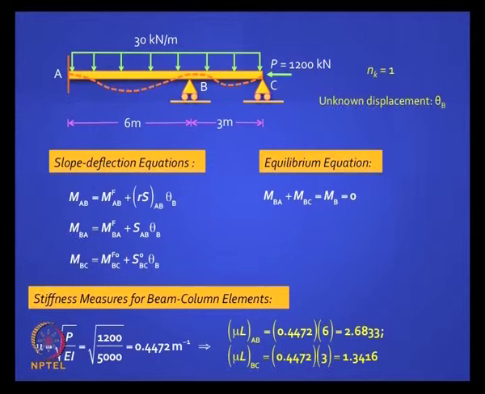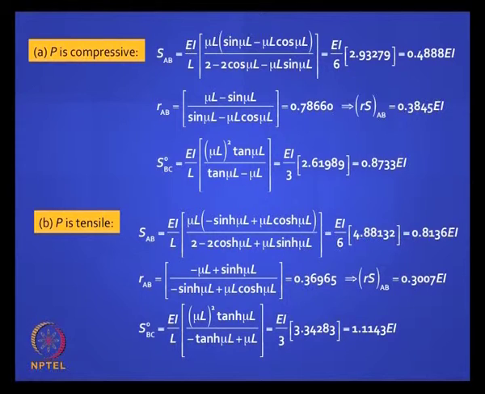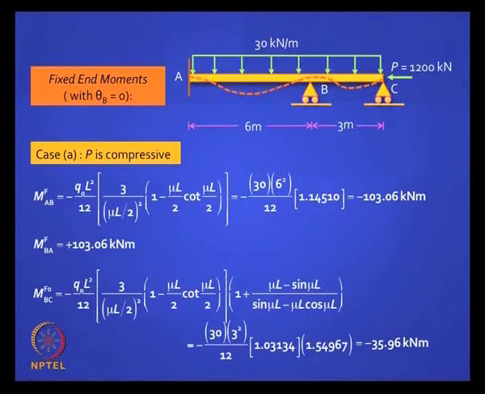This is the effect that is going to happen on your flexural stiffness. So if you plug in those values, you have those equations, you do not need to interpolate because we have nice calculators with us, or you can put a spreadsheet and very quickly you get those answers. If P is compressive, you can get those stiffness measures. If P is tensile, you will get those stiffness measures. It is just plugging into those trigonometric functions, and you can have your own algorithm in MATLAB where all these functions are readily available. So you just have to press a button and you will get that number very easily. But take a look. It should look close to 4 EI by L, 2 EI by L, and so on.